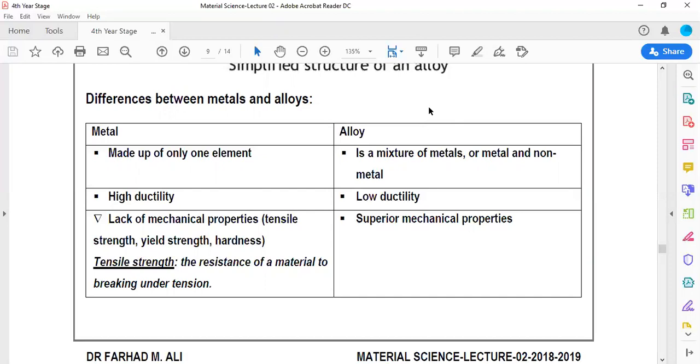With metals, of course, the ductility is high. And with alloys, of course, the ductility will be lower. With metals, we have a lack, يعني ضعف أو نقص, of mechanical properties like tensile strength, and yield strength, and hardness. And as an engineer, I suppose you know what the meaning of this is. And although I, again, have written it for you, just in case you cannot remember what they mean exactly, as you see in the table,